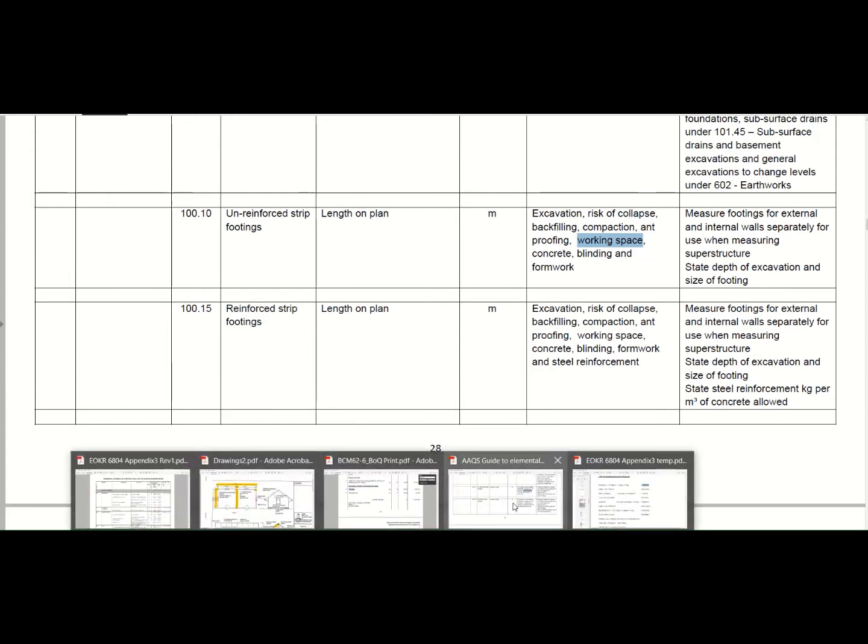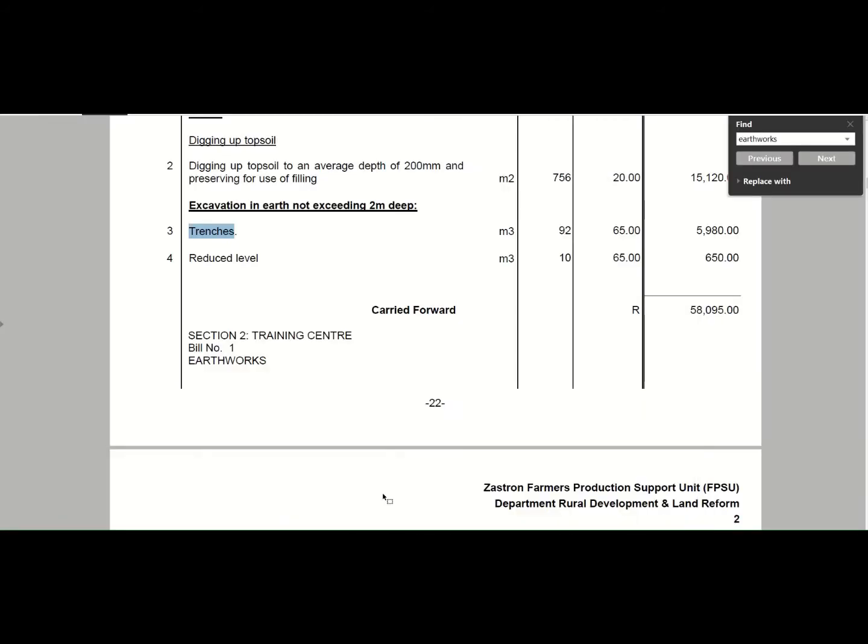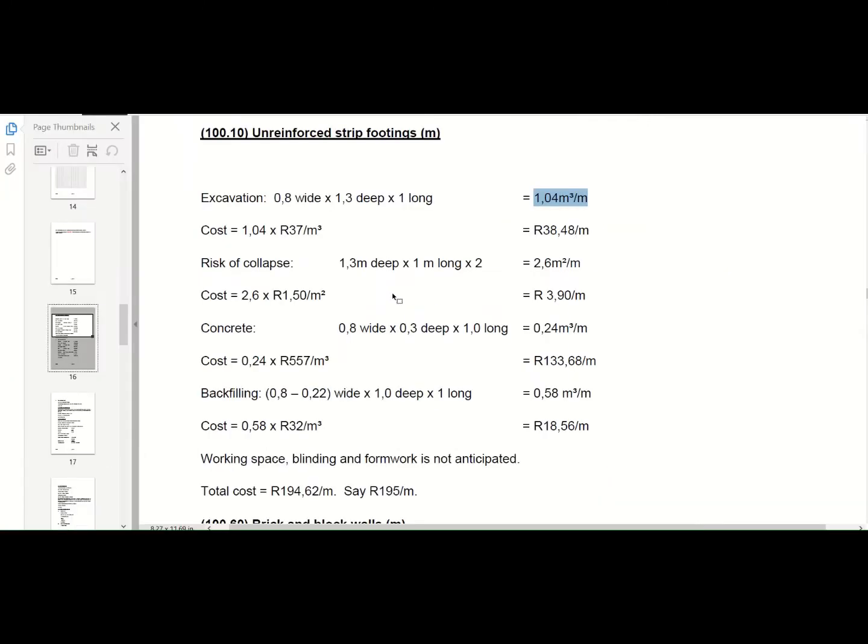So what we did in the calculation is we got a cost of 38 Rand and 48 cents per meter